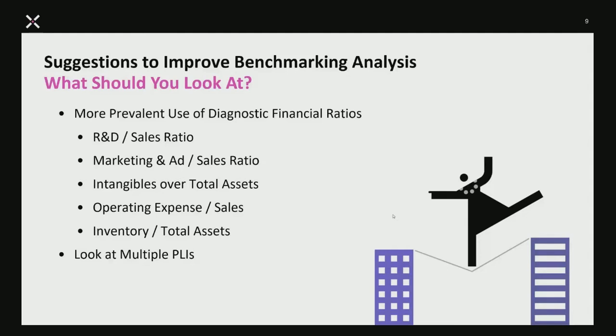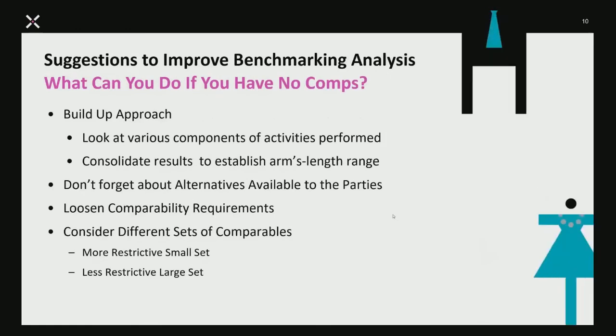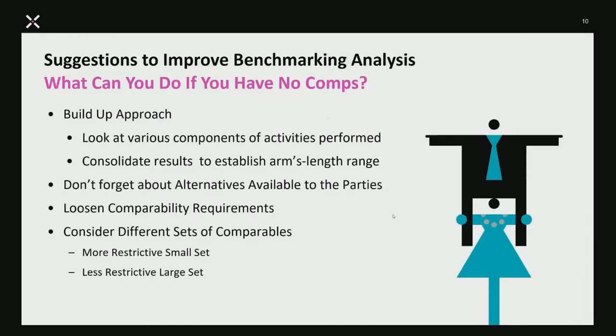After you look at the different financial ratios, number one, to say, well, fine, qualitatively they're not comparable, but if you look at these financial ratios, maybe there's something to say quantitatively as a business, you can make the argument that they're comparable. But you can also look at multiple PLIs to assess different PLIs depending on what you're benchmarking. So then it becomes really important to understand which profit level indicator, PLI, you choose for purposes of this